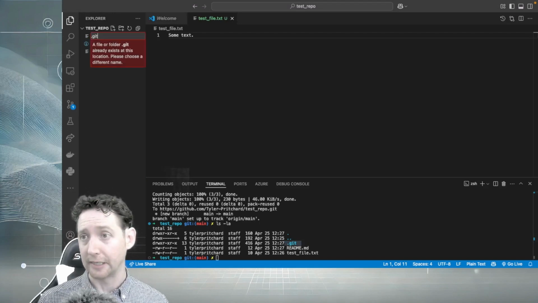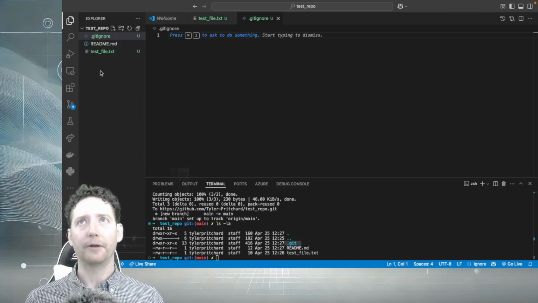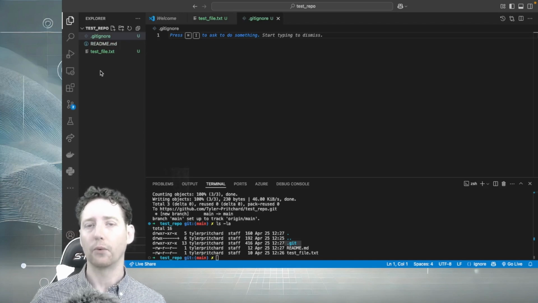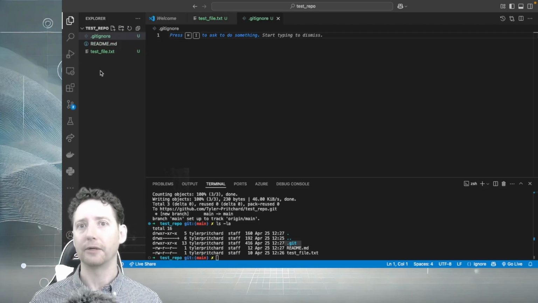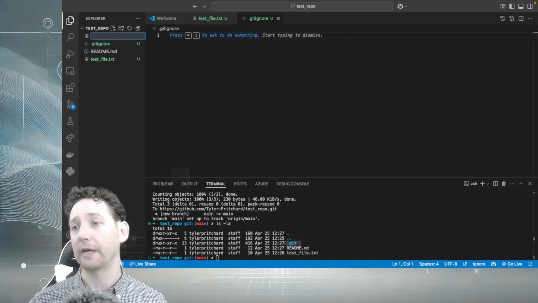We'll say .gitignore. The git ignore file addresses the question, what do we do if we have files that we don't want tracked, but we want to keep them inside of our project? Say, for instance, we have what's called an environment variable.